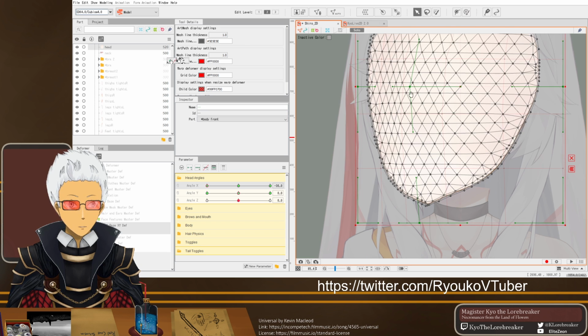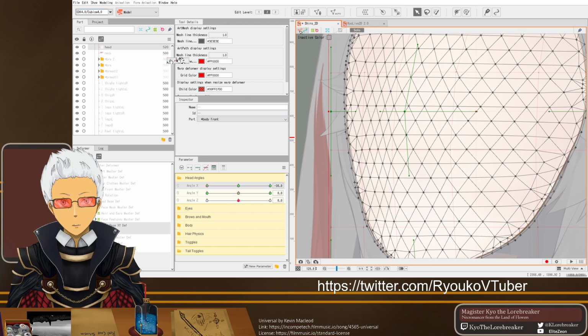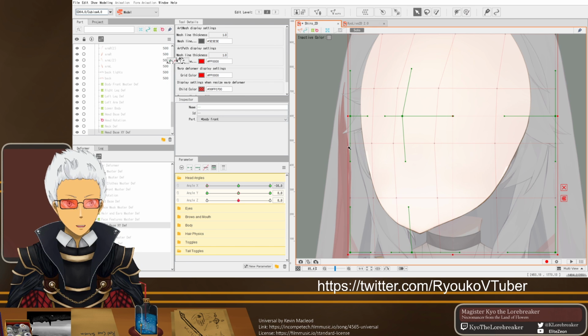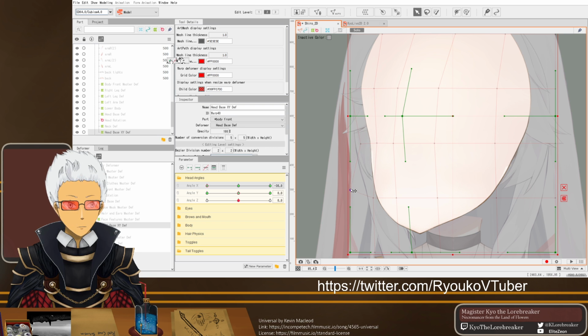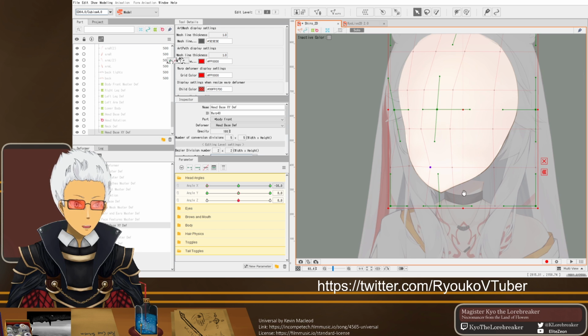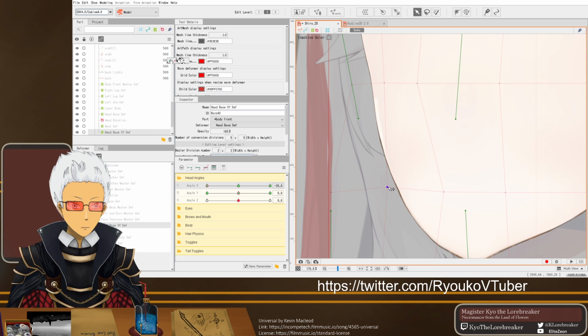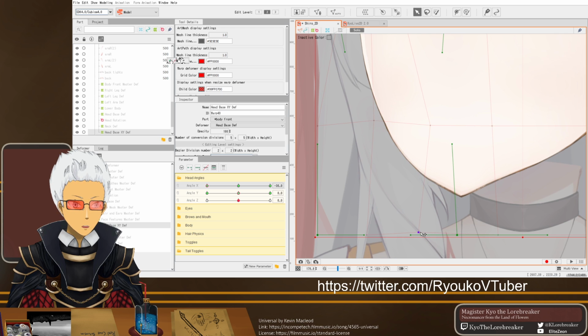And let's turn this back on. It's very tedious work that you have to go back and forth to check. So I think I kind of want it like this in a way. And also, I'm not the artist who designed this character, so unfortunately, I'm not entirely sure how they would like their angles to look. So I'm just gonna do my best to try and keep it in their style.